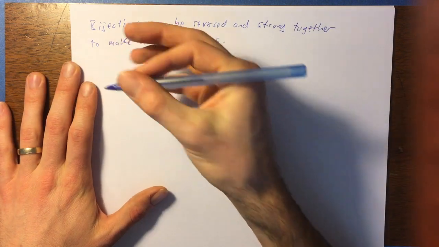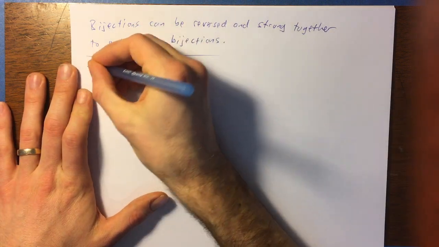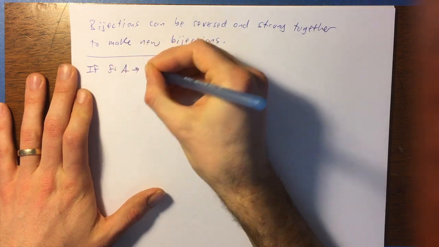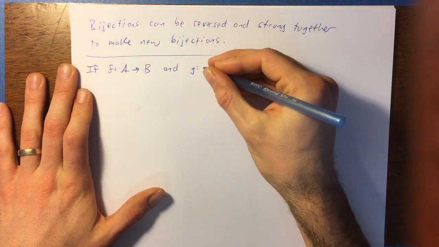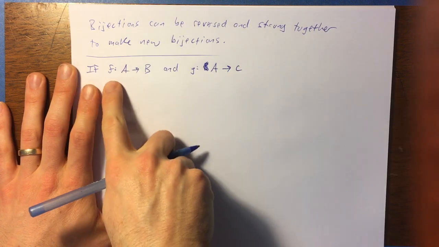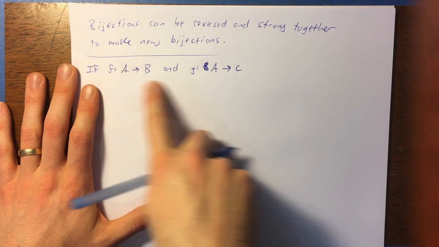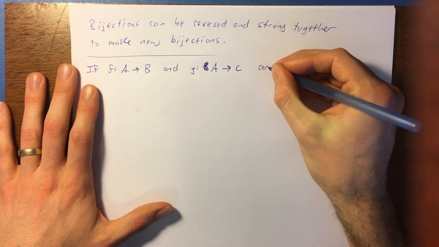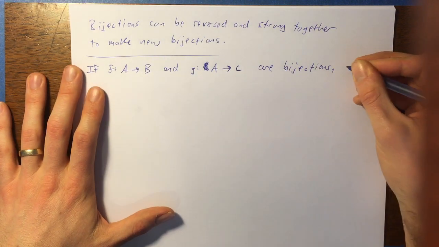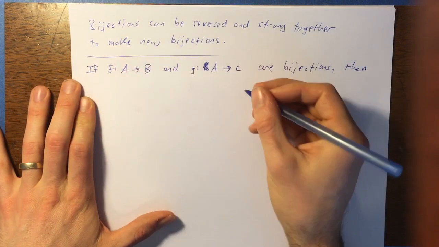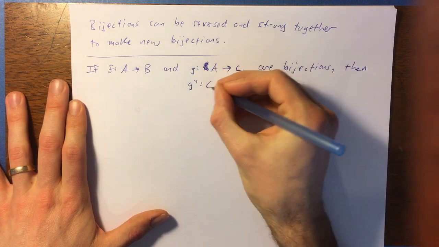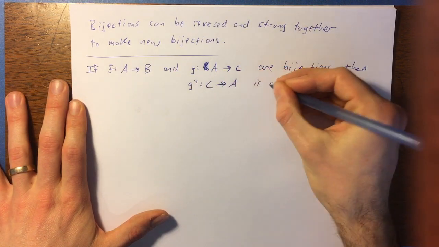So let's take an example. This is a pretty general example. If F is a map from A to B, and G is a map from A to C, so they're both mapping from A into different codomains, A to B and then A to C, and those are both bijections, well, then if I take the inverse of G, G inverse is going to be a map from C to A, and that is also a bijection,